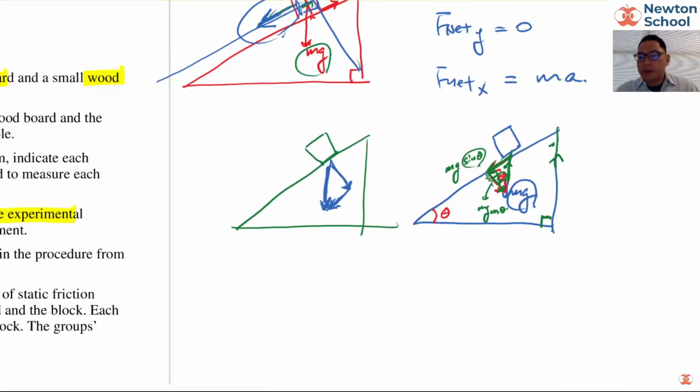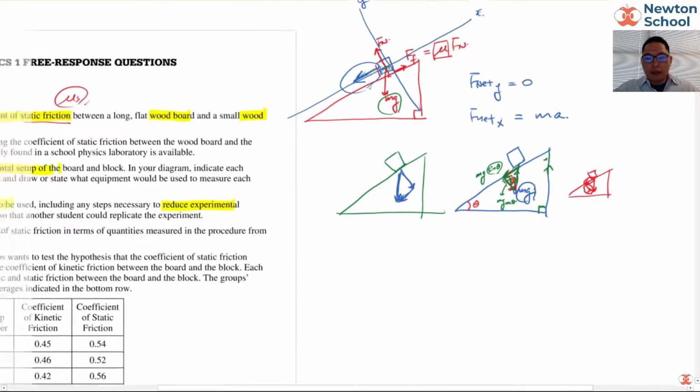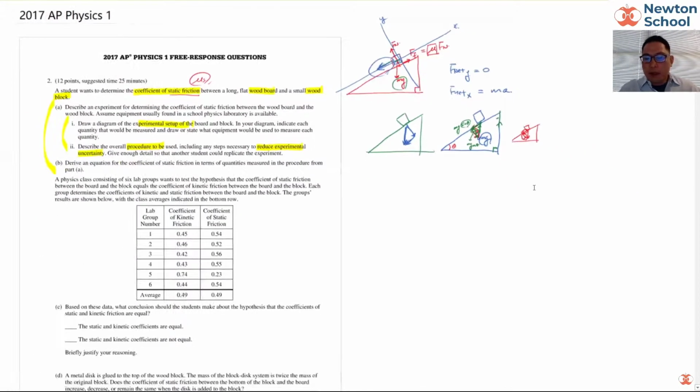So next time when you break the component into the ramp, if this is mg, break it into 1 and 2, and that will be the sine portion, this is the cosine portion. Since this ramp question comes up a lot, once you reason this, you probably just want to memorize it. Sine will be along the slope, cosine is into the ramp, okay? Now,